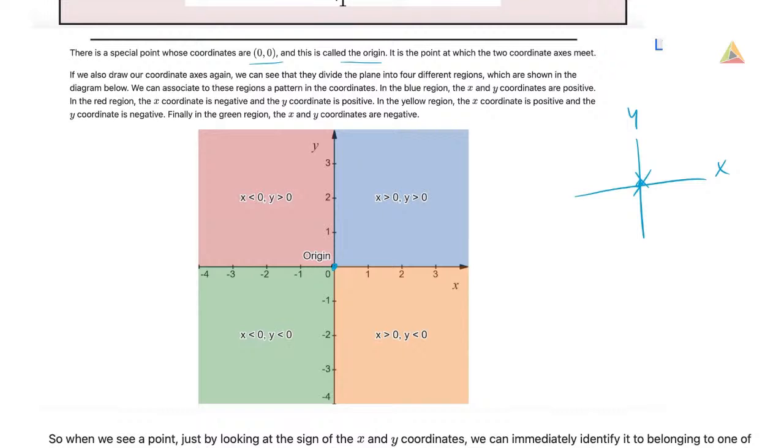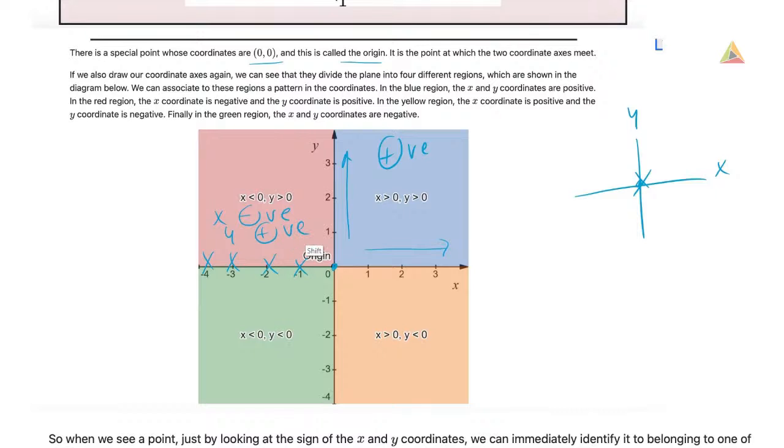If we also draw our coordinate axes again, we can see that they divide the plane into 4 different regions, which are shown in the diagram below. We can associate to these regions a pattern in the coordinates. In the blue region, x and y are positive. So you can see there, x values go from 1, 2, 3, and they go on up, and then the y goes from 0, 1, 2, 3, and it continues on up. So they're all positive. Then if we look at the red region, the x coordinate is negative, because you can see here you have -1, -2, -3, -4. So you have x, which is negative, and you have y, which is going to be positive